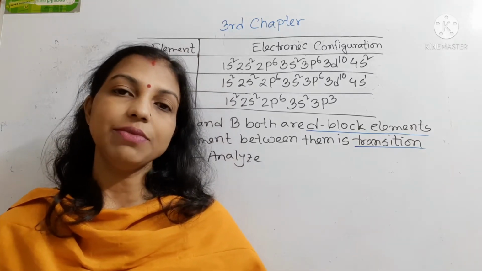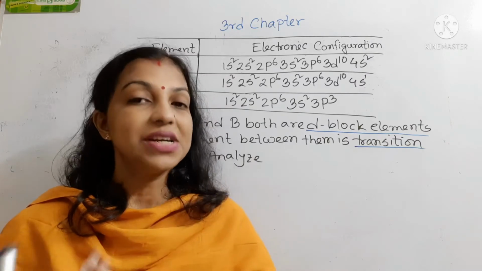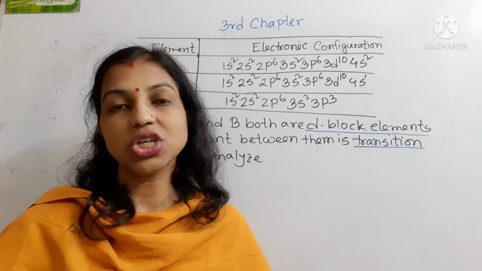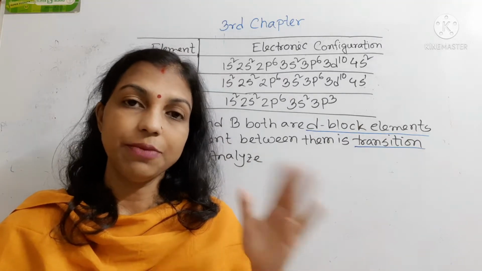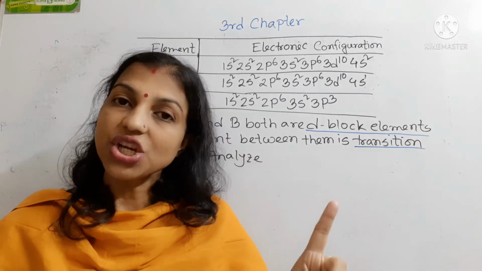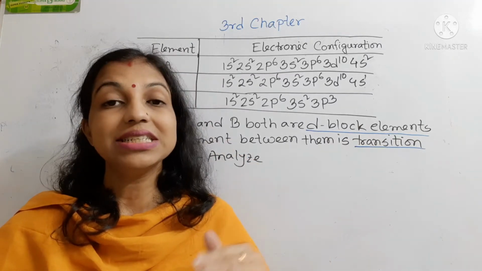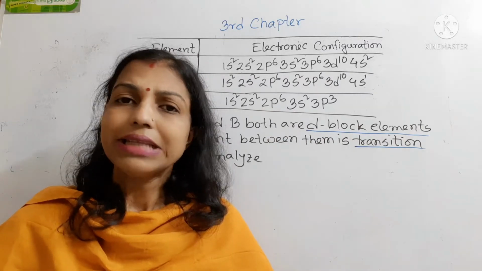What is a transition element? The d block element which has a partially filled or half filled d orbital in its stable ionic state is known as a transition element. I repeat again: the d block element which has a partially filled or half filled d orbital in its stable ionic state is known as a transition element. That means